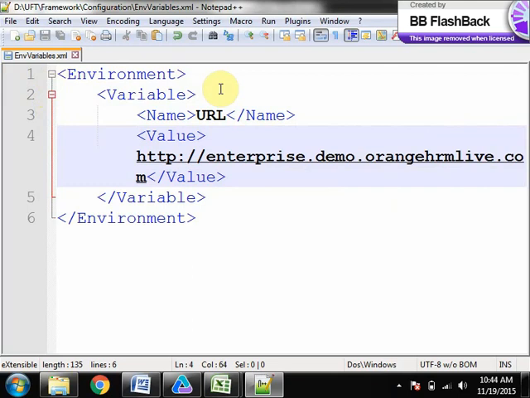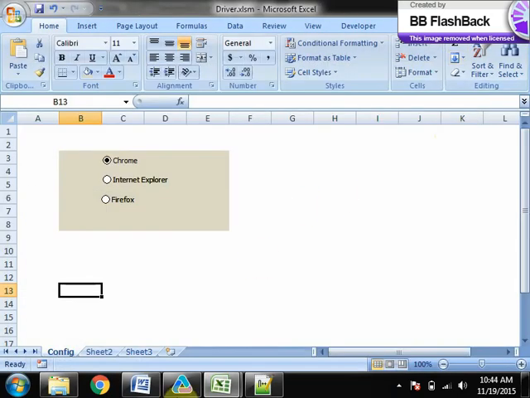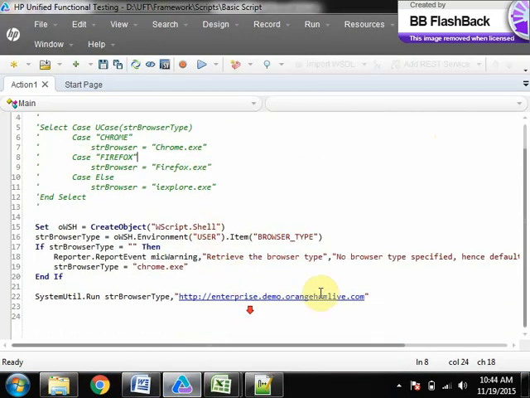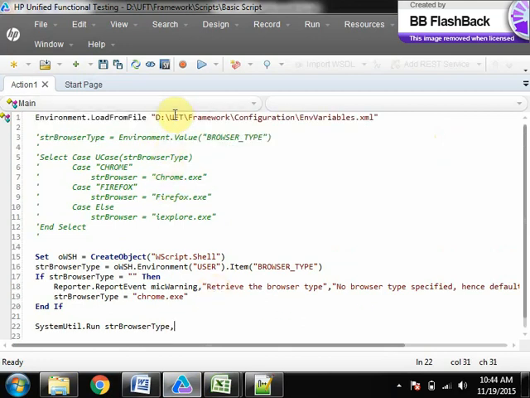Right? I have given it like this. Now to launch the browser, instead of specifying this, we are loading this environment variable file.